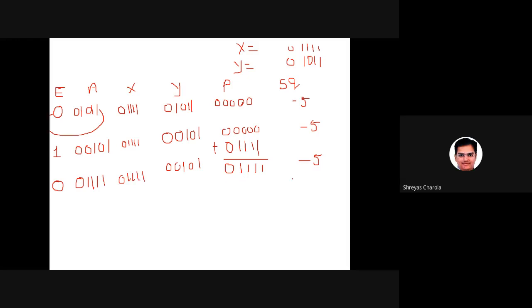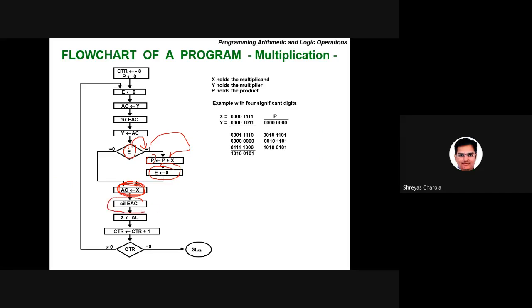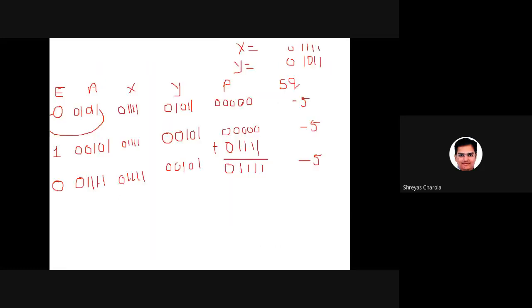Once the addition has been done, now according to the flow chart, I need to rotate E and accumulator left. Left means if I am writing something, this data should go here. Now, according to that, let me go to here and rotate left. So after left, this is 0, this is 1, 1, 1, 1 and 0. X value is still this, Y value is this, and I also got the addition, and still the sequence counter is -5. Now come to the flow chart.